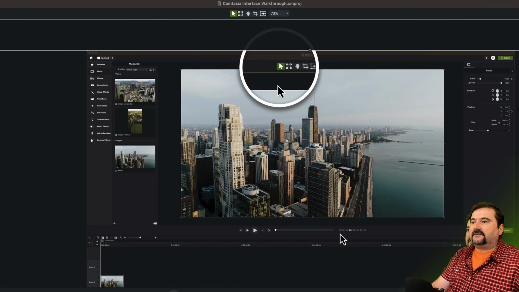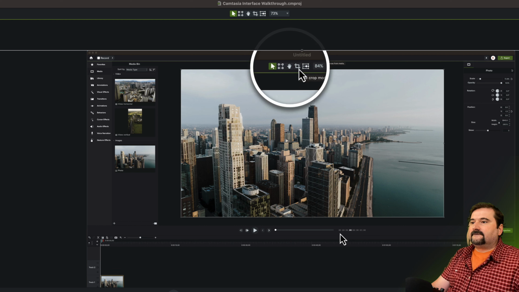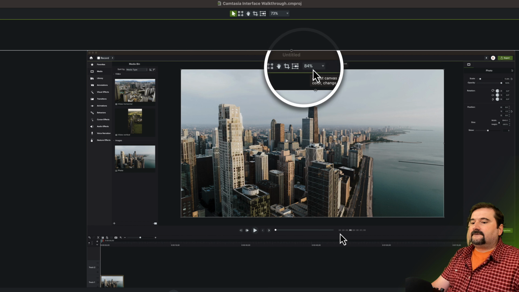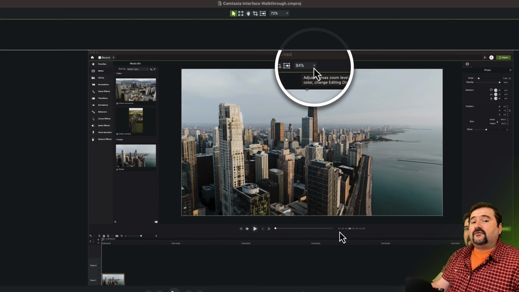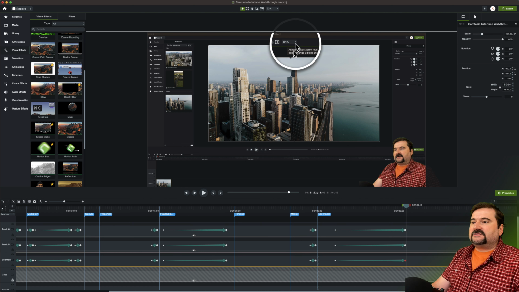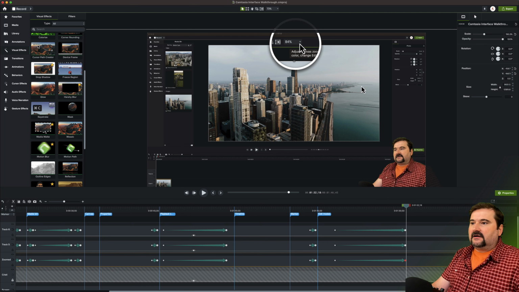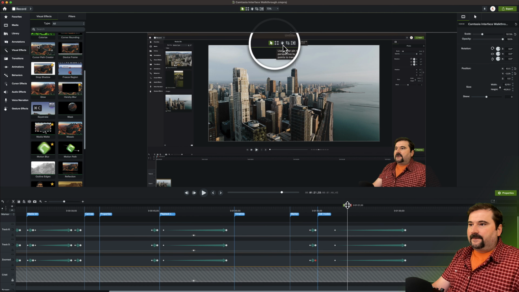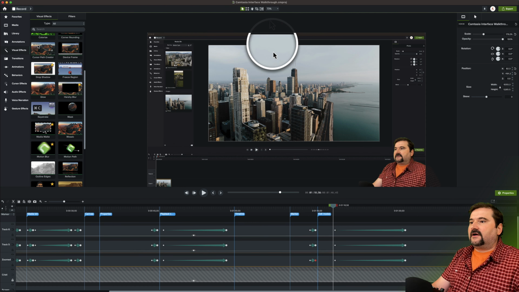I'm now talking about that selection tool, the corner pin mode, the pan mode, the crop mode, and the auto animate mode. And then you also have a percentage which indicates the current zoom of the canvas. If you want the movement to be more dramatic, you can grab the end of the zoom video animation at the bottom in the timeline and use the mouse to zoom it in more. So you're actually seeing way more right now. Go to the other end and do the same. Because now I'm zooming in the middle of it, it looks like I'm putting the lens further up.